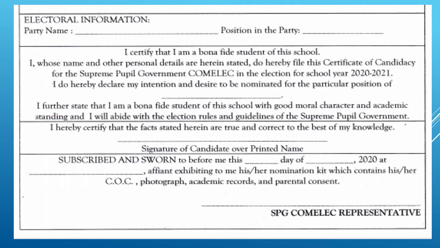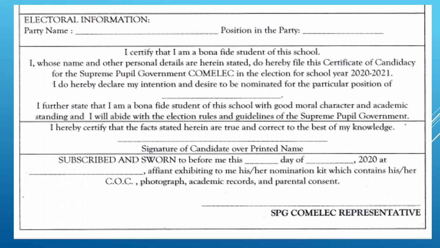So signature of candidate over printed name. Over printed name, that means you're going to write your name, all capital letters, and then put your signature above your name. Okay, subscribed and sworn. Okay, here, there's one blank over here. Desired to be nominated, I certify that I am a bona fide student of this school. I, whose name and other personal details are herein stated, do hereby file this certificate of candidacy for the Supreme Pupil Government COMELEC in the election for school year